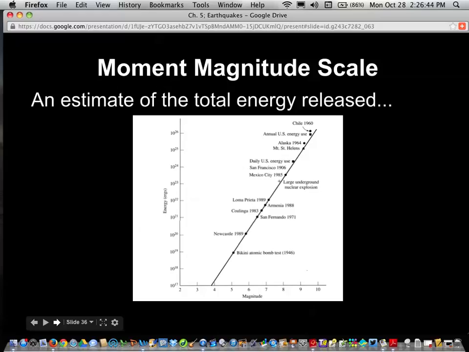All right. So the next way of measuring earthquakes, the last one, is called the moment magnitude scale, and it's an estimate of the total energy released. And you can see there magnitude on the x-axis and energy released on the y-axis. Pretty interesting. The Loma Prieta earthquake is right in the middle. It released about 10 to the 22nd power of energy, 10 to the 22nd